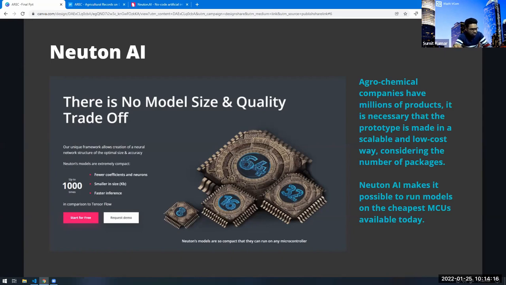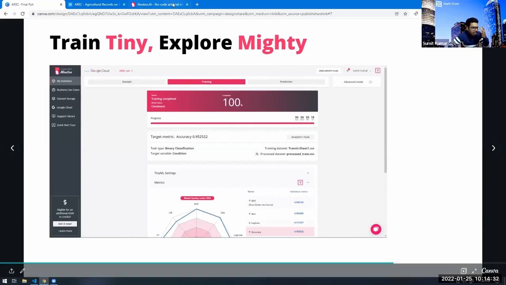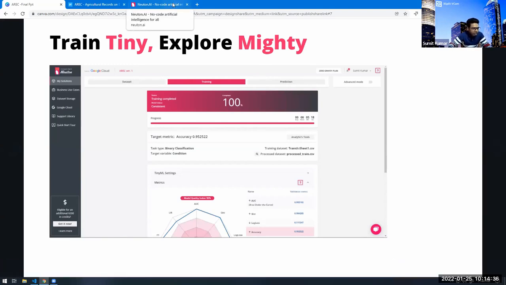So that's a good fit actually, because traditionally we have data loggers which we use in logistics that log data like temperature and humidity, but getting an efficient solution is a distant future we are seeing in this space, the agricultural product space. So TinyML using the Newton AI platform looks very tiny, but there's a lot to explore there.